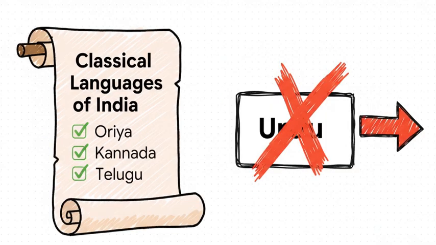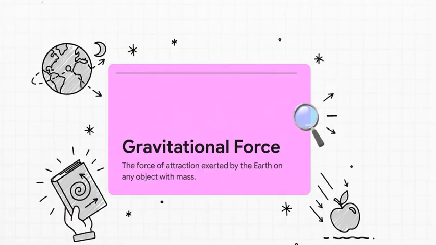They're also testing you on official stuff, government classifications. Like, they threw out a question asking, which of these is not a classical language of India? You either know that list or you don't. And in this case, the odd one out was Erding. And of course, you've got your basic science. A simple, what is gravity type of question. It's a good reminder that amidst all these specific facts, you can't forget the absolute fundamentals.